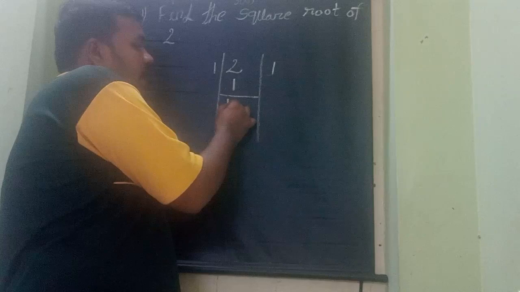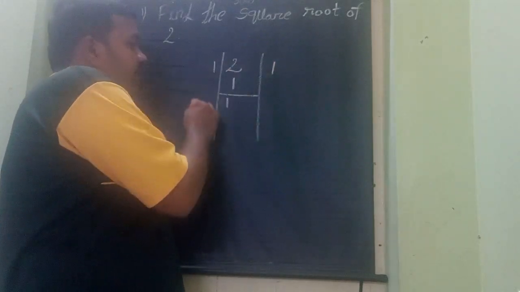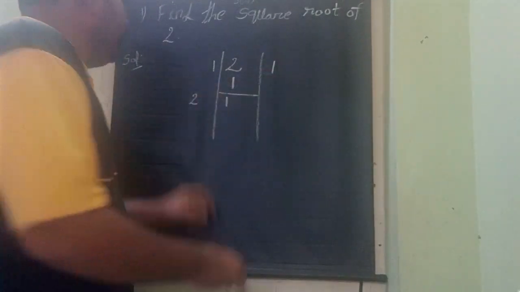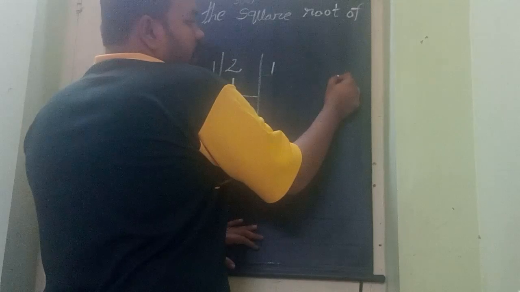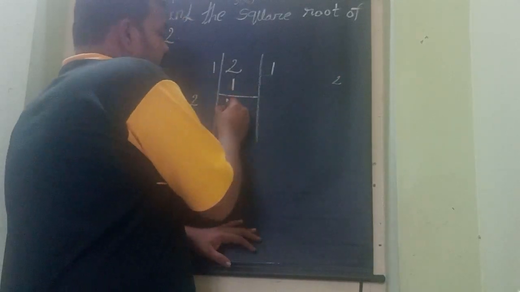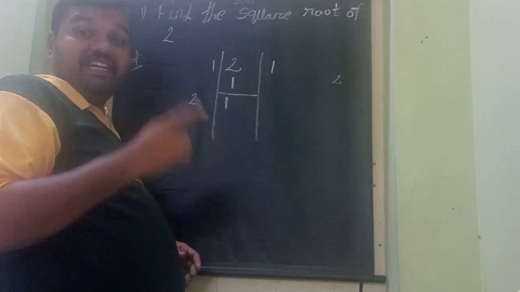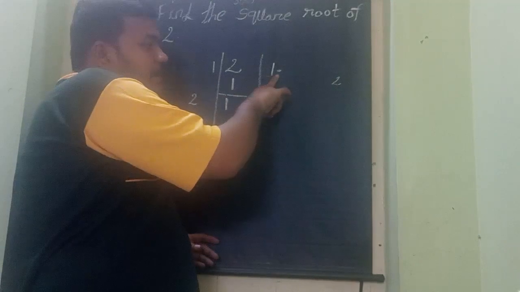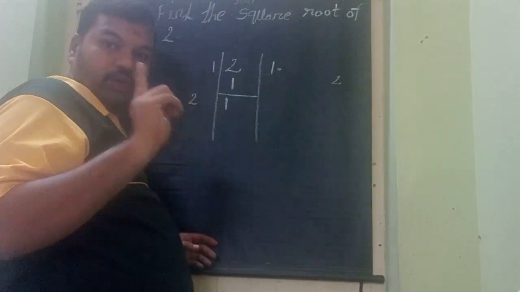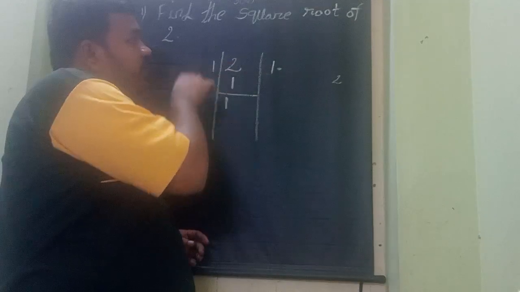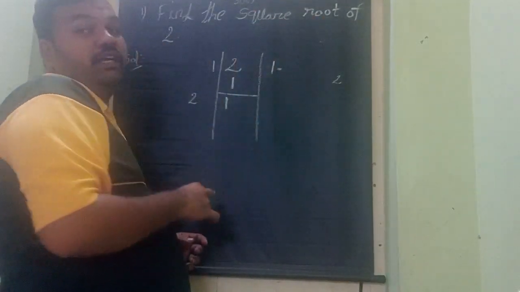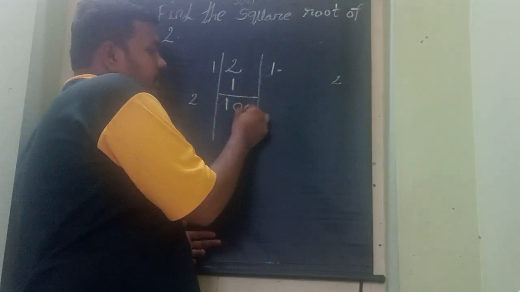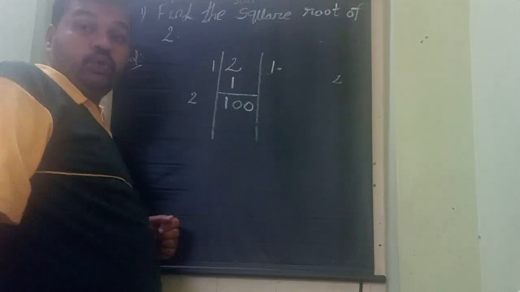Subtraction gives 1. Now double the quotient. The quotient 1 will become 2, 1 plus 1 is 2. We have to give a number beside the 2, but here it is not possible. So we use decimal places also. In division, keeping a decimal point will give one 0. But in the square root division method, a decimal point will give 2 zeros for us.